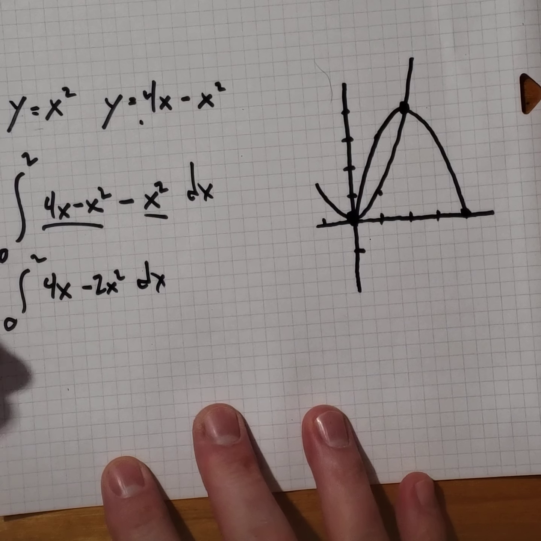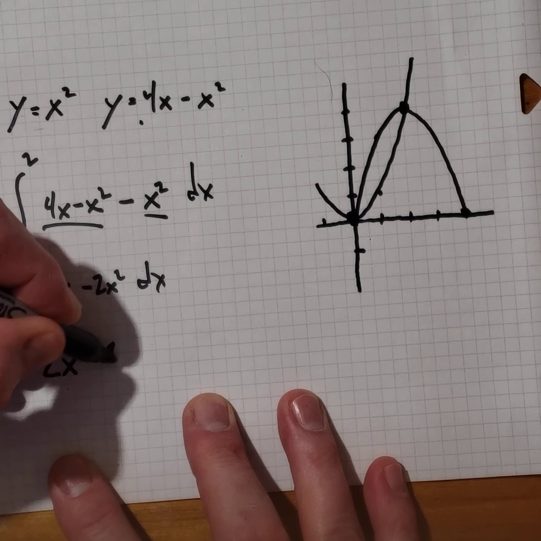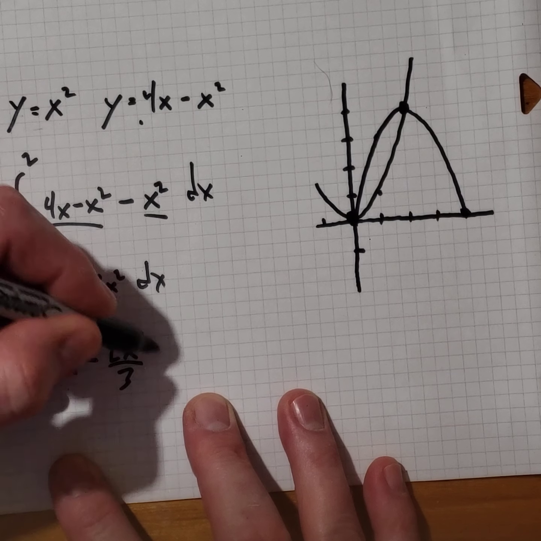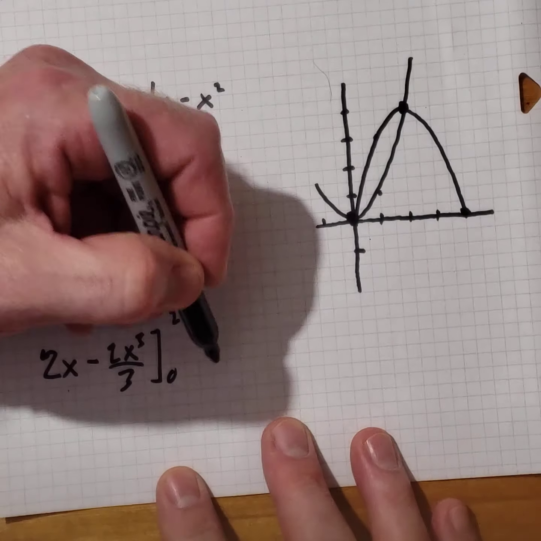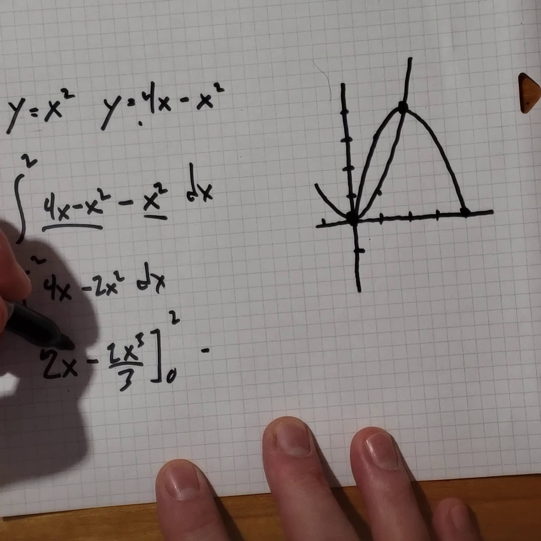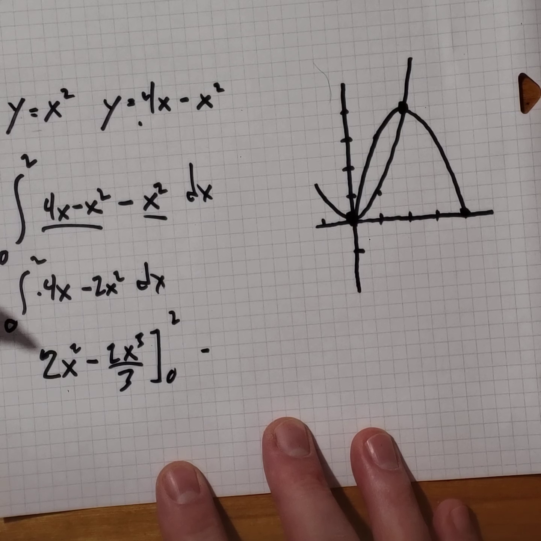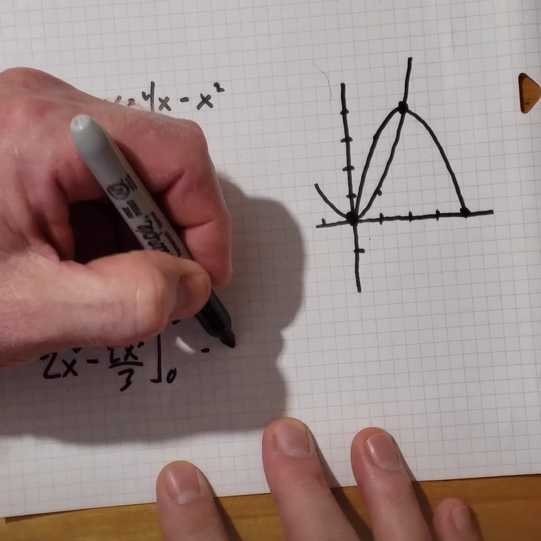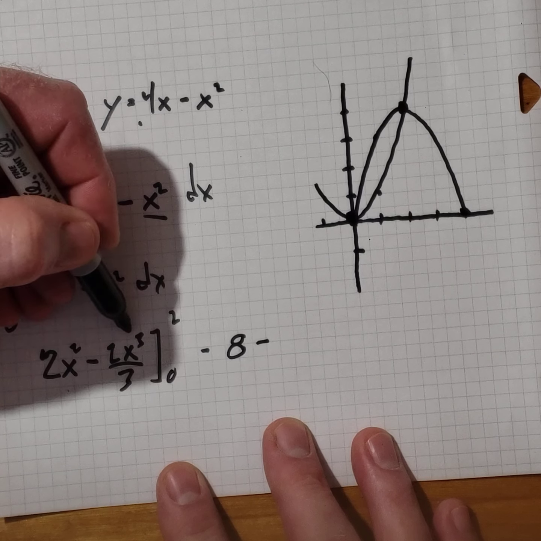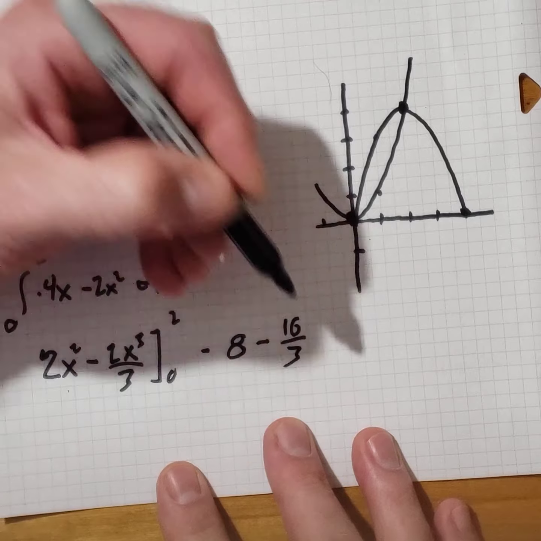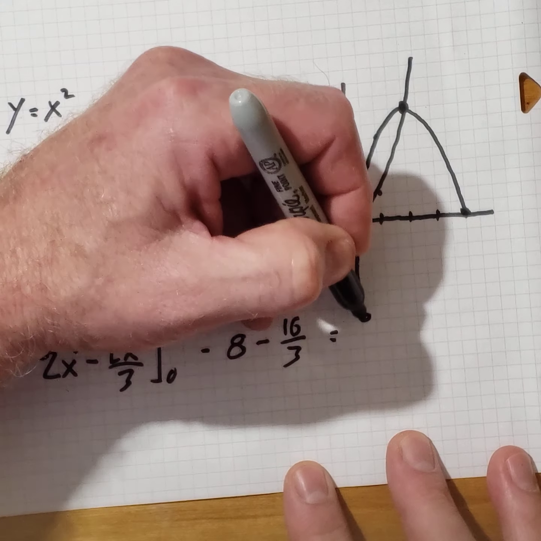The actual integration is simple. We get 2x squared minus 2x cubed over 3 from 0 to 2. Sorry, that's 2x squared, my bad. Right, increase the exponent to 2, divide by 2. That gives us the 2 out in front, so 2 times x squared there. We plug a 2 in, we'll get 8 minus 16 over 3. 8 is 24 over 3, so we subtract those and we will get 8/3,